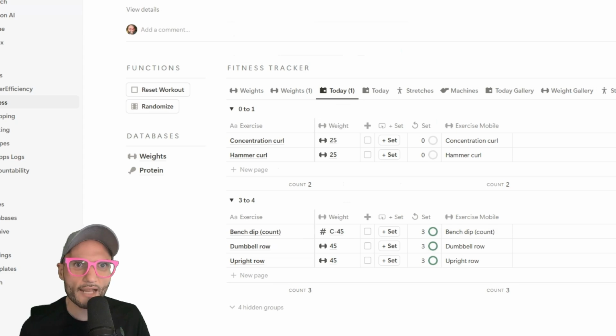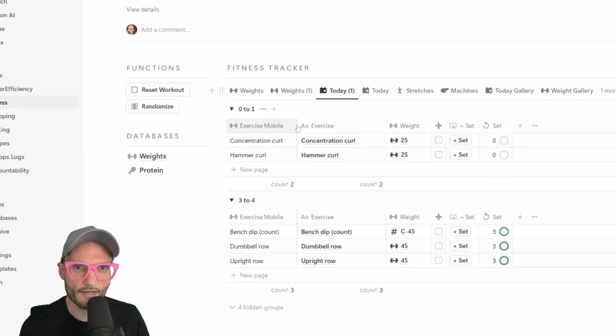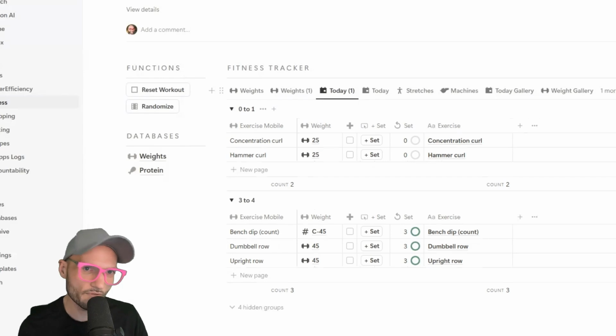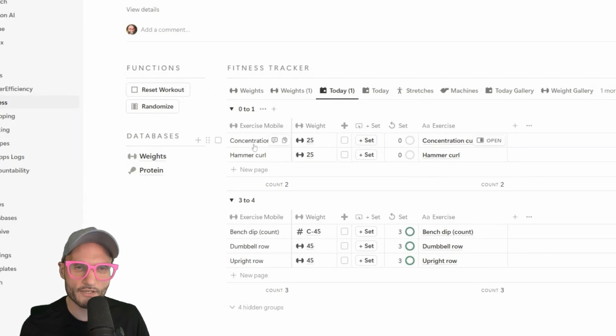But if we flip back to the desktop view, what I can do to correct for this is set up one of those formula columns. So again, I would do the same thing here where I would move this off to the right. I would love to hide this, but I can't. This one allows me to drag the column in way tighter so that it's not leaving any unnecessary white space. And then this one here,